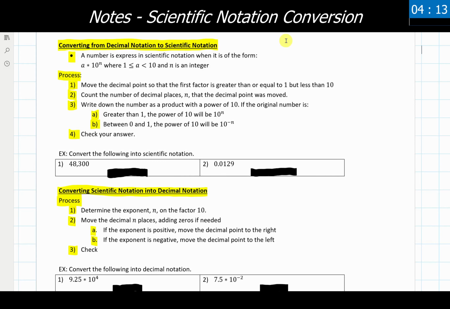The second half of what this section covers is scientific notation. Now, we're not going to go into a lot of very in-depth information about scientific notation. We just want to know and learn how to go between decimal notation, what we're used to normally seeing, and scientific notation, and how to go back and forth between those two forms, and we'll do some basic operations with scientific notation. That's the extent of what we're going to be doing with that for this video and for my class, if you are in my class watching this video.